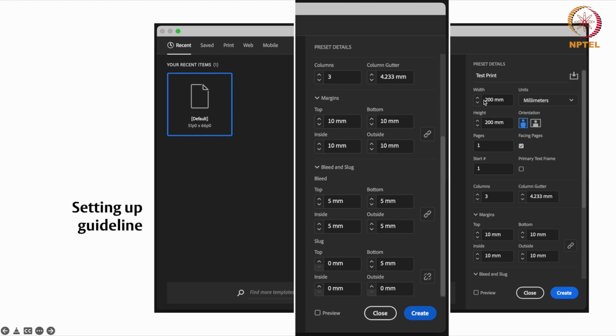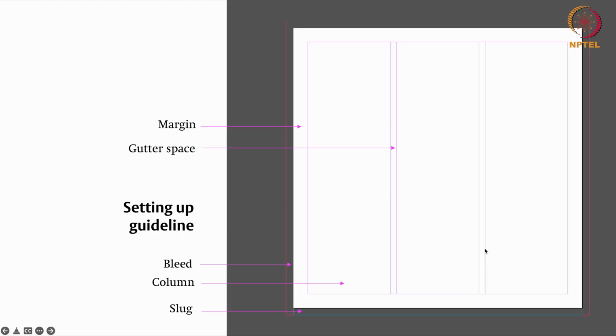You have a width and height, which you have to set, then the format in terms of orientation, whether the pages should be facing, how many pages you need, how many columns you need, and within the columns what should be the gutter space. And then there is a margin, so you also have to set how much margin you need.